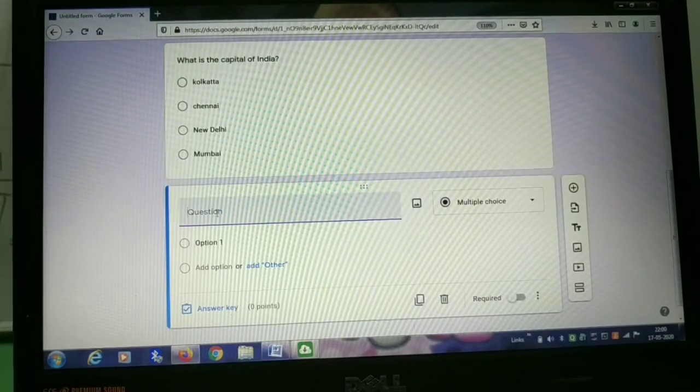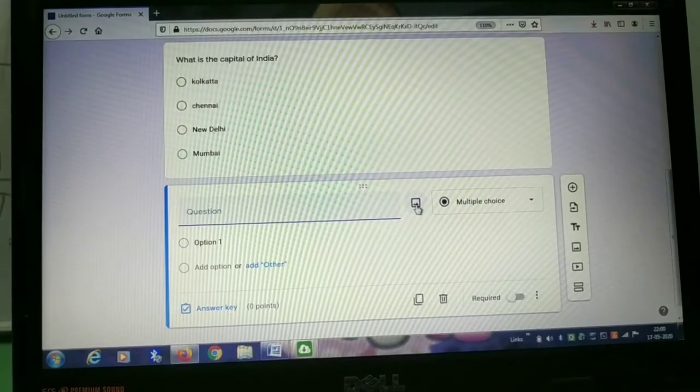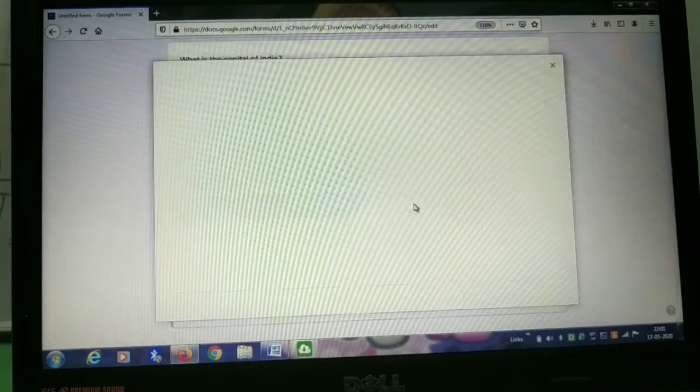Suppose you don't want to type a question, or you are conducting a math question where you cannot type the equations over here, or chemistry questions, which generally come with suffixes and prefixes, so you cannot do that either. In that case, you have to ensure that you have already written it somewhere, and there is a file ready in JPG, JPEG or PNG format. So you can directly upload a question. You have to crop it so that it looks like a question, or if you want to ask a question based on images or pictures, you can do that also. So here you have to click this option over here.